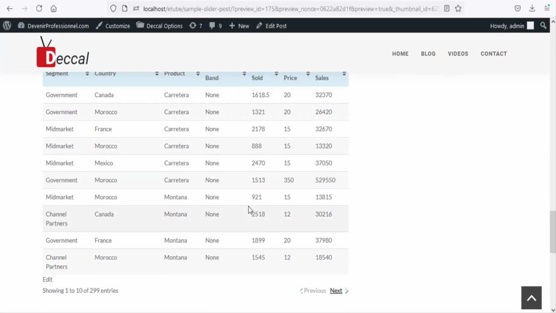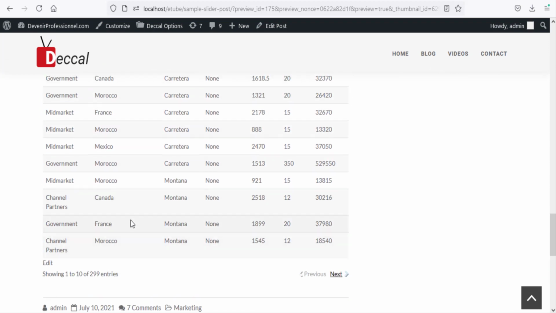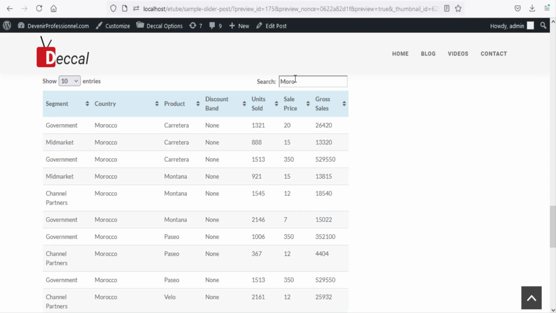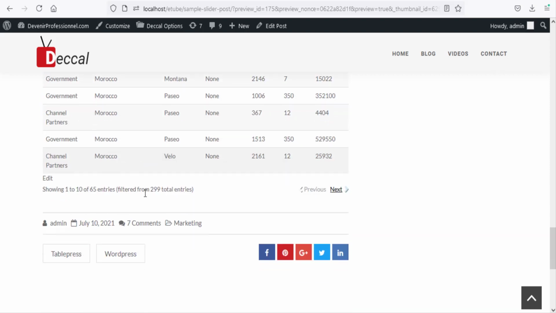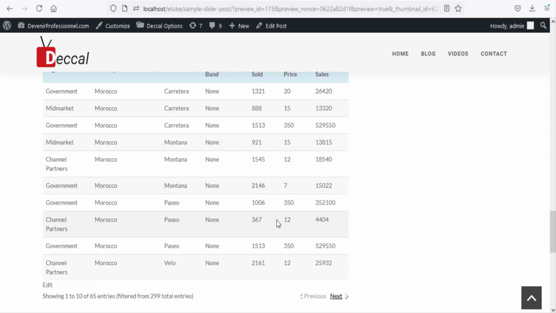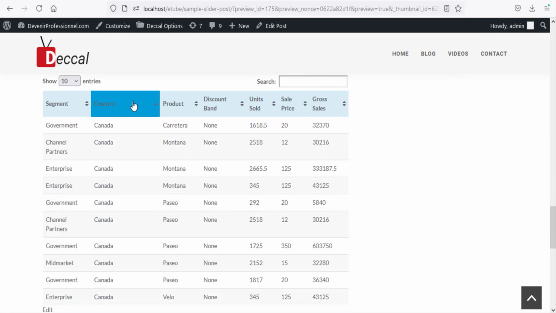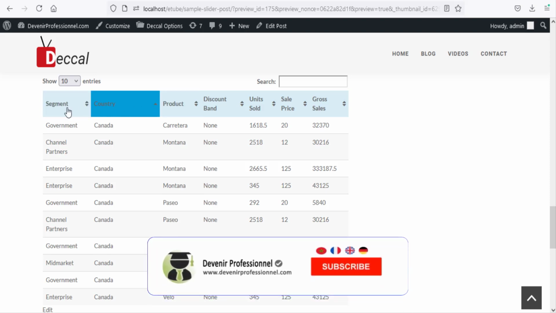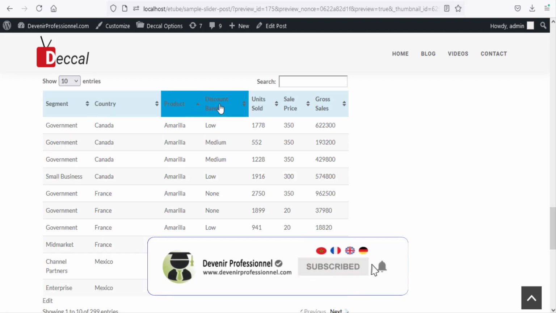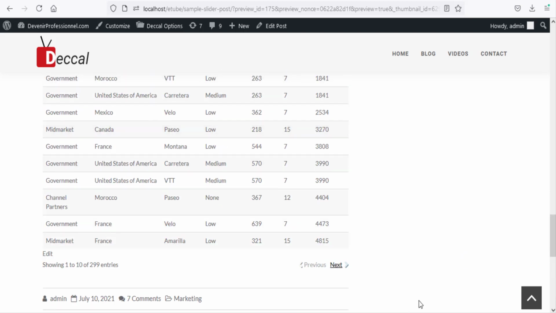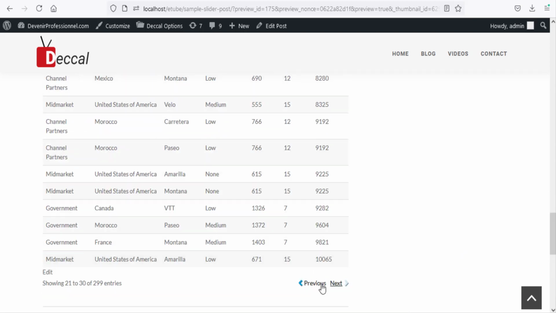As you see here, my table now looks good, just 10 rows. I can find the information faster. For example, more rows, go. This is my country, so I can find any information I need faster. I can sort information by segment, by country, by product, by anything I want. Here you have the pagination,